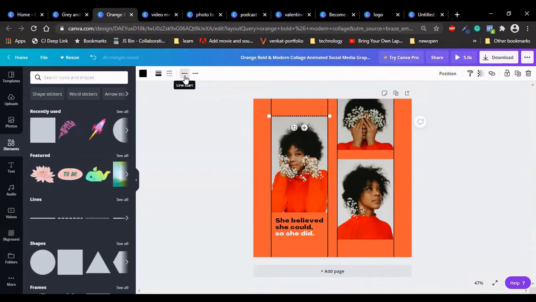And also you can set line start. See, line start will be there. If you come to this and apply line start and go to this start one which you like, see how easily you can update. And line end, see how easily you can create decorations in the start and end of the lines. Likewise, you can explore through this line weight and line style and line start and line end in your designs.